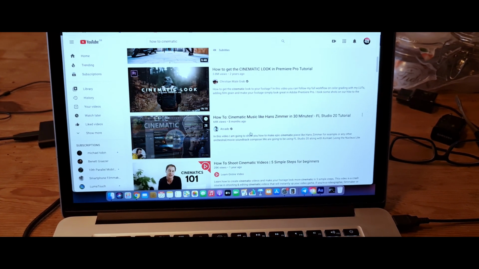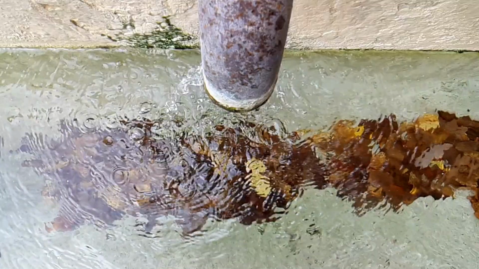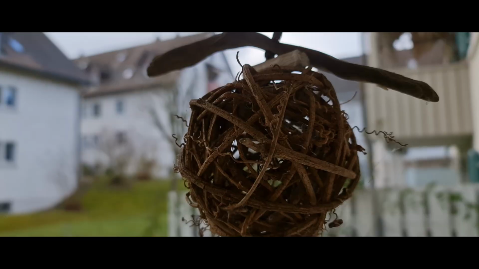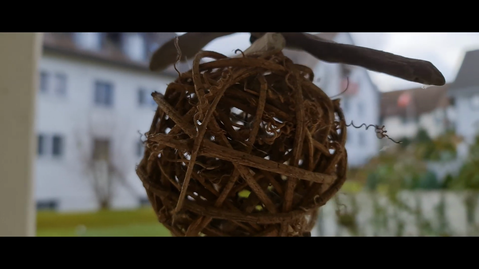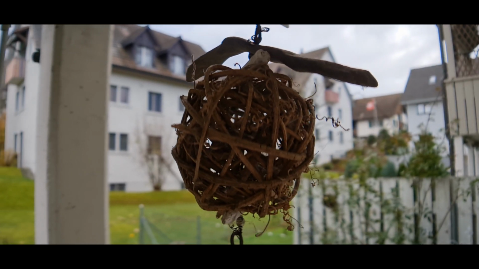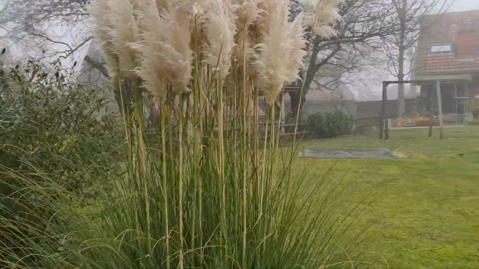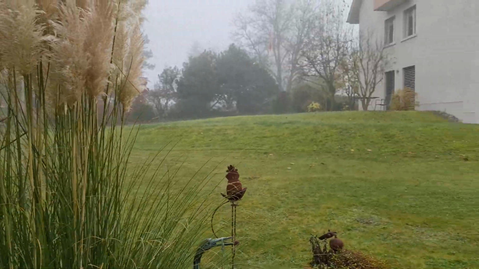Well, let's find out. After watching a number of how-to videos with the word cinematic in the title, this is what I think YouTube says you need. Slow motion, shallow depth of field, otherwise known as bokeh, widescreen or black bars, or anamorphic, log profile and color grading, smooth, stabilized camera movement, and last but not least,